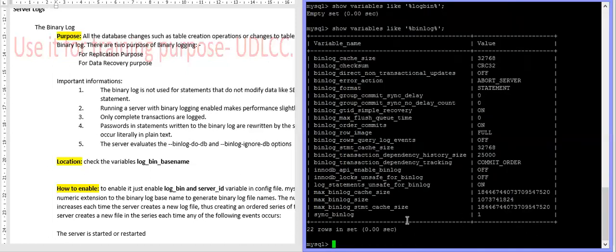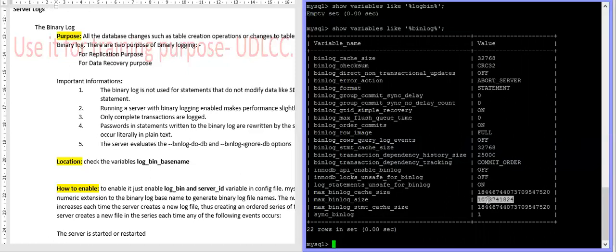So the maximum size of any binary log will be 1 GB. If you want to decrease or increase the size, you can do it with this max_binlog_size variable. You can maintain it in your configuration file. But keep in mind, this cannot be too large or too small.